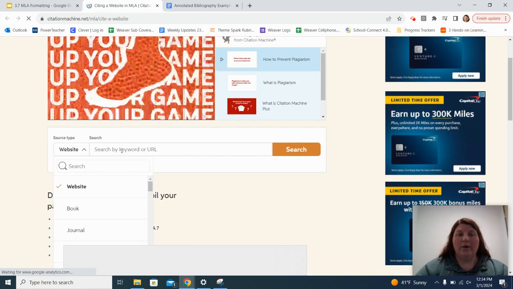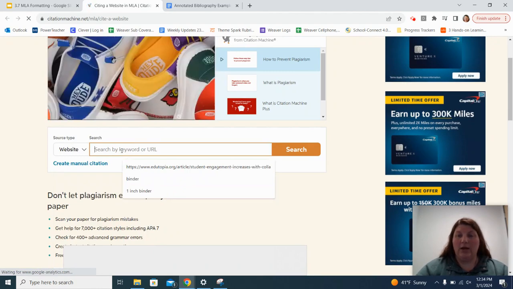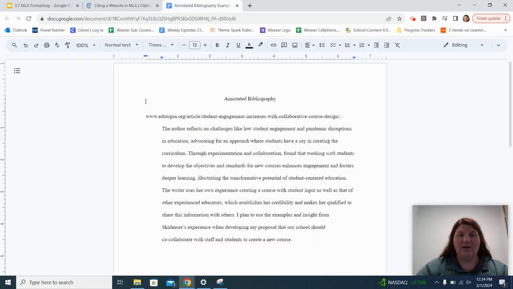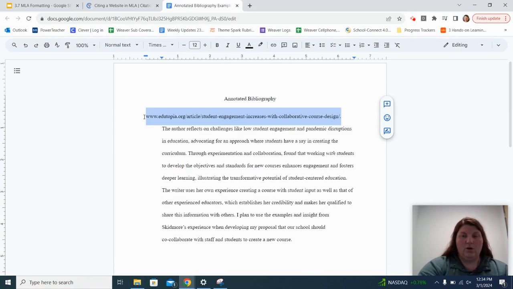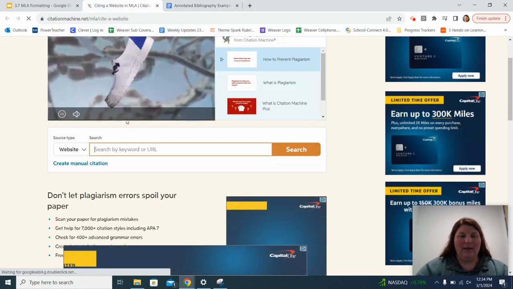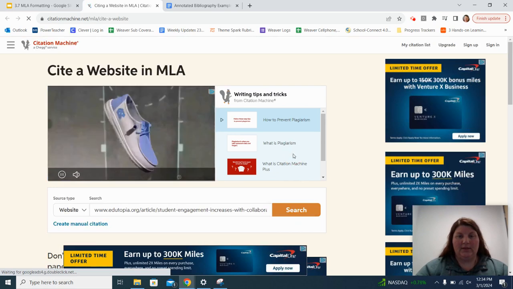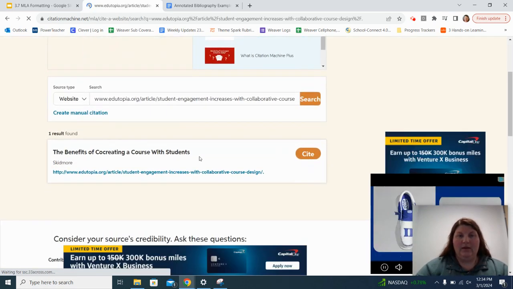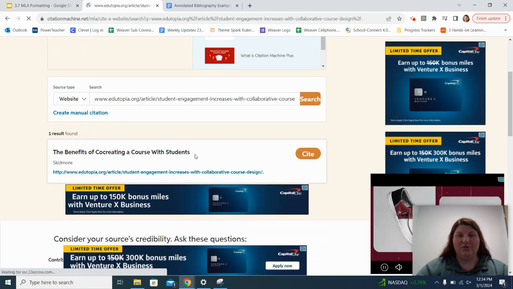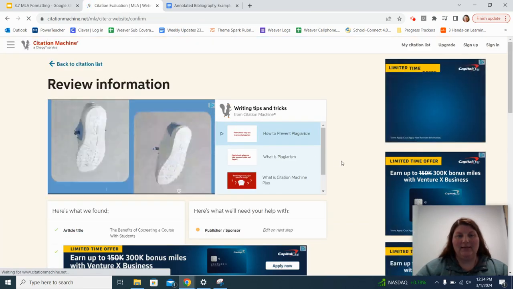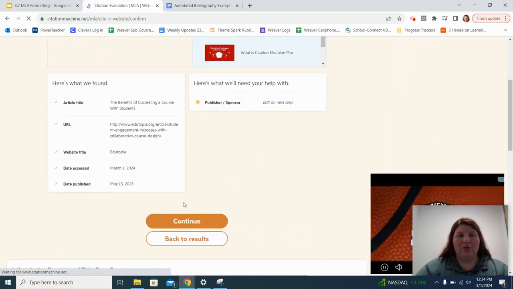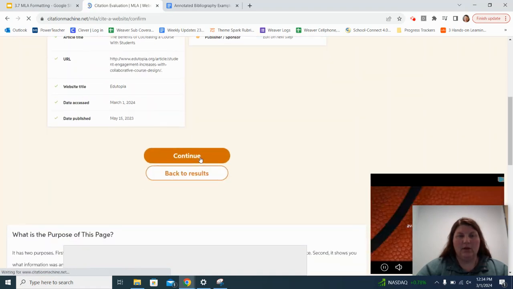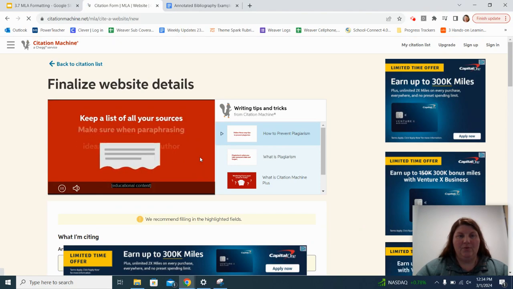Then you are going to copy and paste the URL to your source. So you'll come over here to your annotated bibliography, find your link, and copy it and paste it right here, and then click search. Then the generator will find your source, and then you'll click cite, and it will show you all of this information that it found from that website. Okay, then I'll click continue,